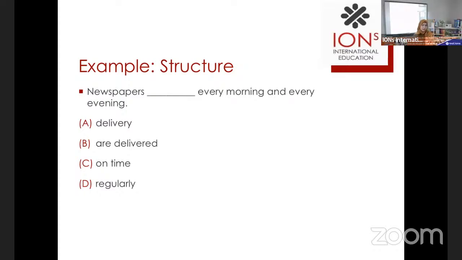Apakah every morning is a verb, kata kerja? No, right? So every morning itu bukan kata kerja. Berarti kata kerja bukan every morning. And apakah and itu adalah kata kerja? No, and itu adalah coordinate connectors, right? Connectors, right? And then every evening bukan juga. So do we have a predicate verb? No. So in this sentence, what we need is a verb. Jadi di sini kalimatnya belum lengkap karena belum ada predikatnya, belum ada predikatnya.